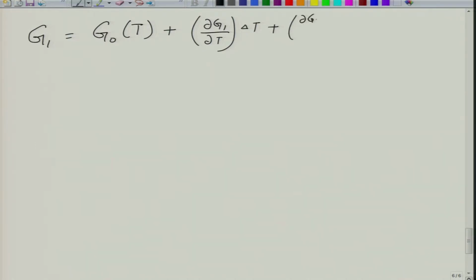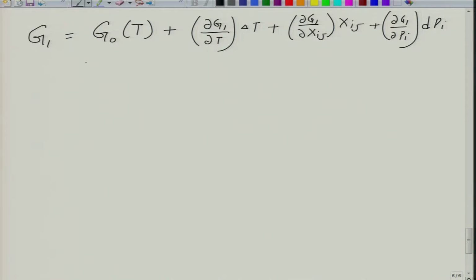Okay. So, the free energy expression G1 can be written as G naught T. This is equal to del G1 del T into delta T plus del G1 del Xij plus del G1 into dPi. So, this is the first order change that you make on the basis of temperature, the stress and the polarization. Now you need to take the second order terms.